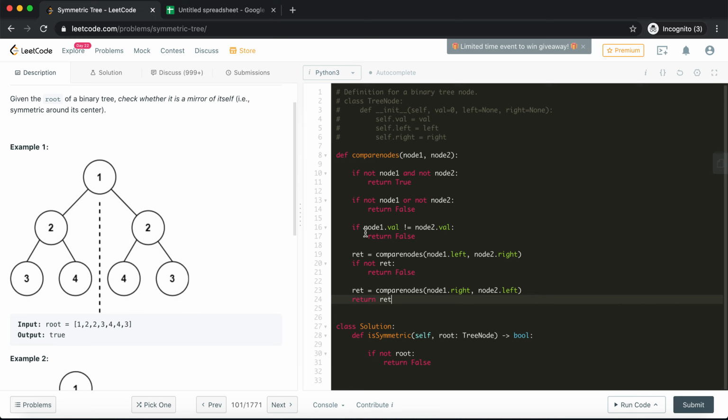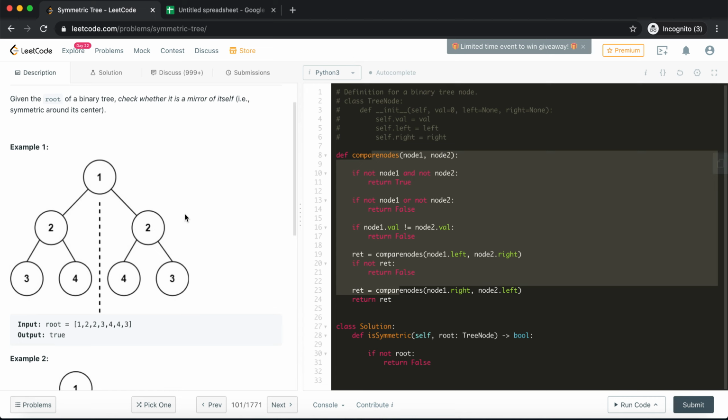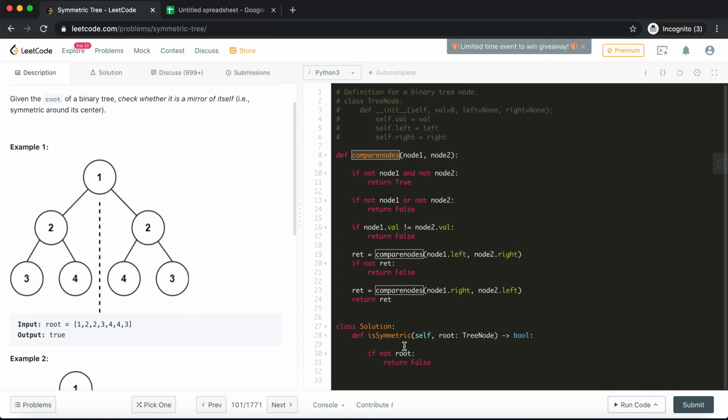Okay, so my helper function is prepared. Now this function will help me check all the nodes, right? All I need to do in the parent function is give it the initial conditions. So I'll call this compare node and start my recursion with root's left and root's right. That is the first two nodes that will get compared. I'll start this recursive logic here, and whatever is returned from this whole helper function, I'll just return it from the parent function.